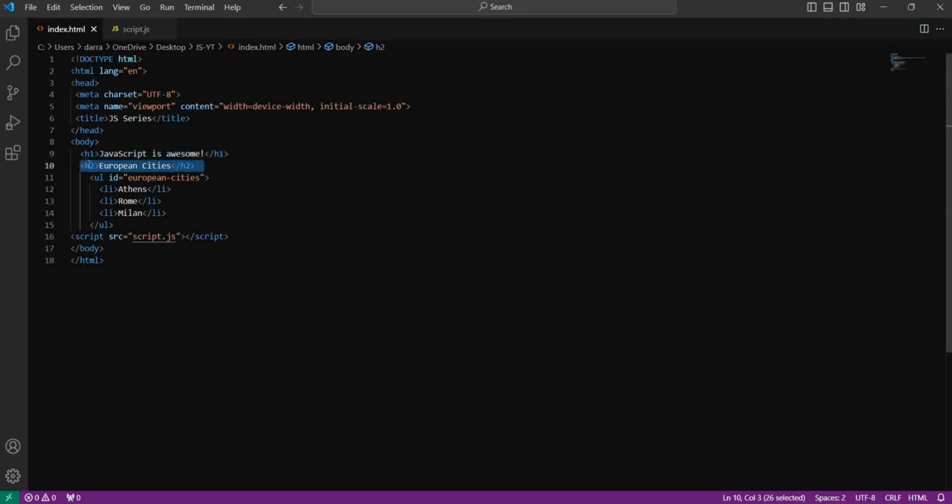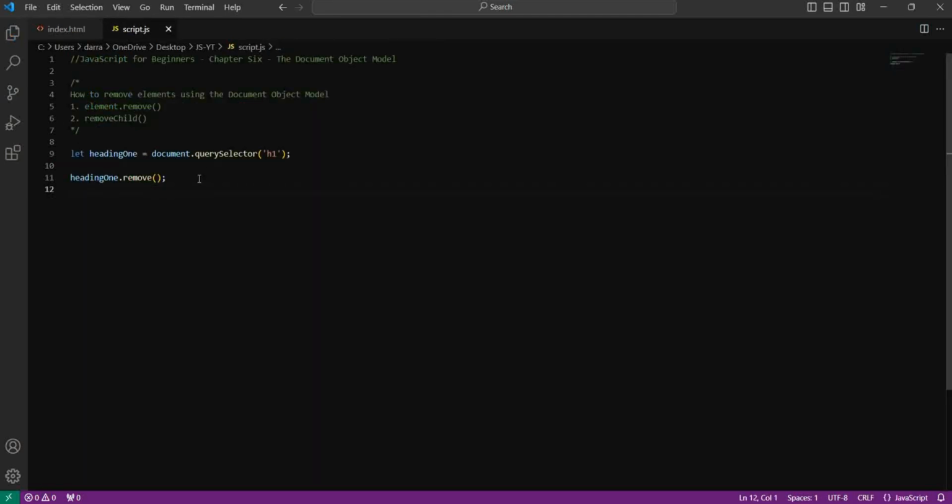So heading2, let's give this one an ID. You could do a query selector as well, but I'll just say h2, we'll give it an ID of heading2. So just for practice, what we'll do this time is we'll say let heading1 be equal to